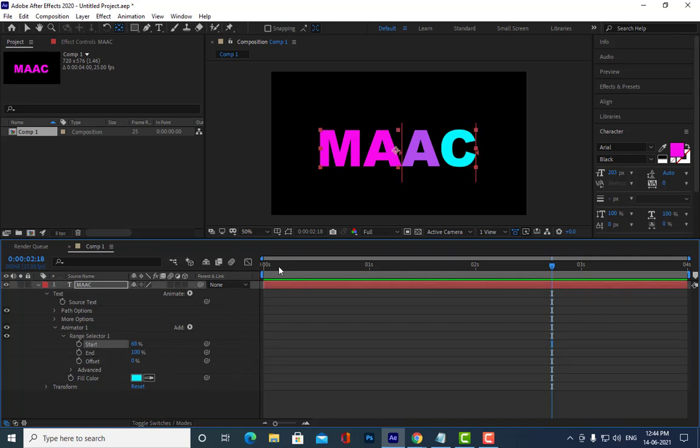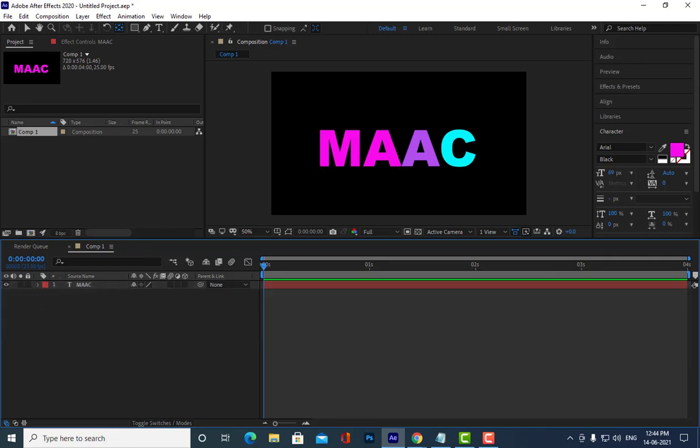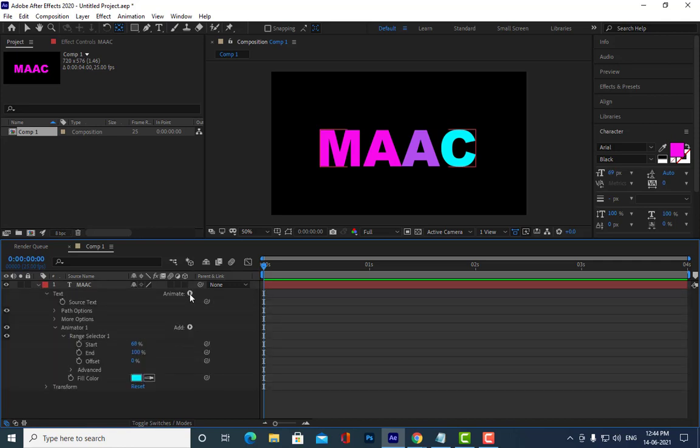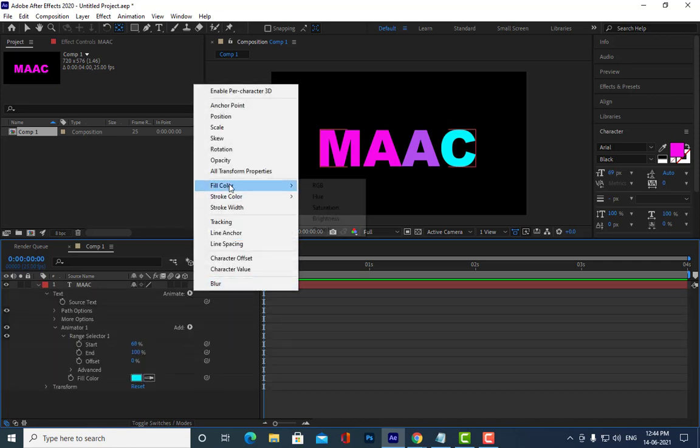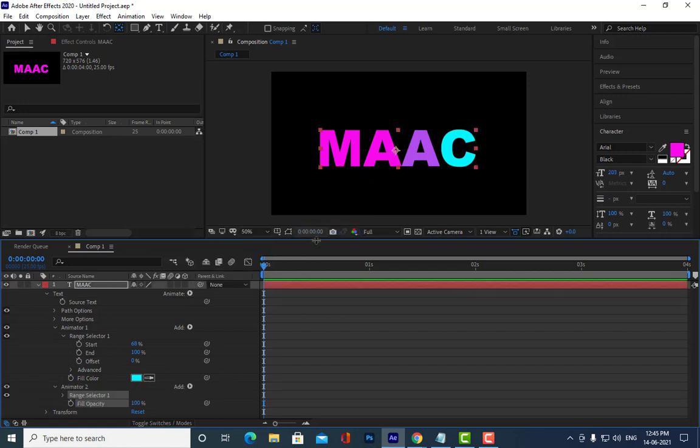So we'll also see some more things. For example, we also have another animation here. See here we have opacity. Okay, is it clear? So what is opacity? You can also animate the opacity, okay?